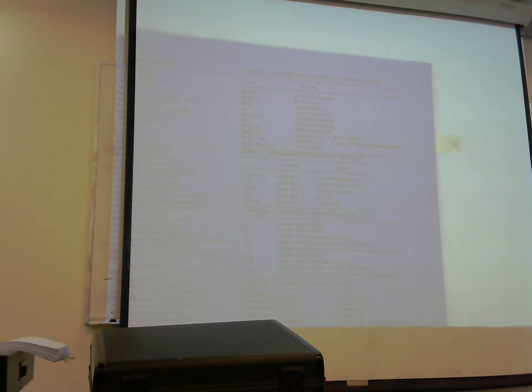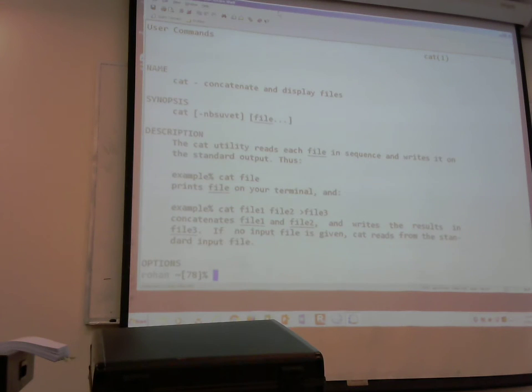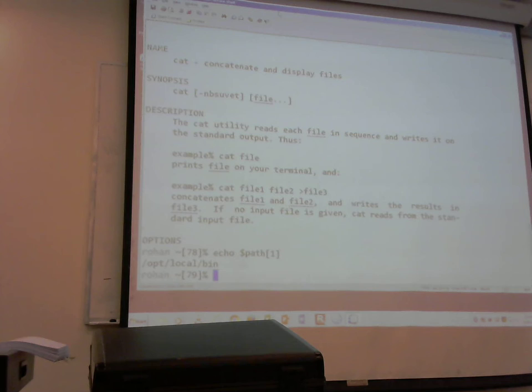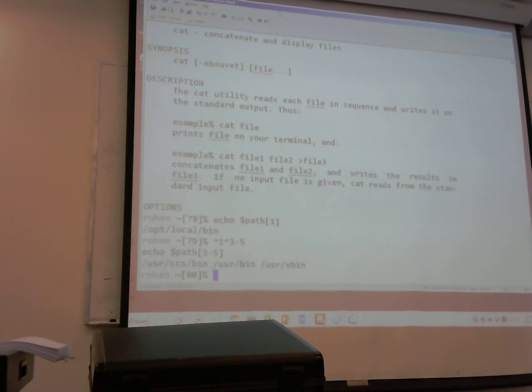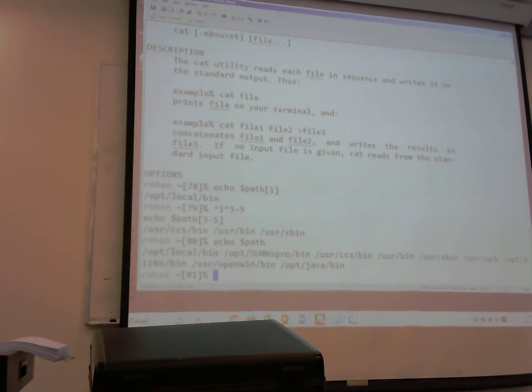Let's try that with our little path guy here. Right, where we have that, we got just the one guy. I'm going to replace the 1 with 3 to 5, and it should give me items 3, 4, and 5, essentially. Let's echo $path again and see that really is what it is. Item 3, item 4, and item 5. So you're allowed to do stuff like that as well with the shell to manipulate